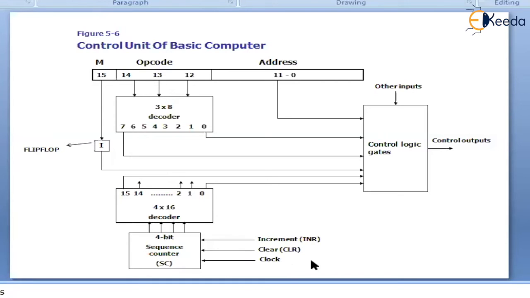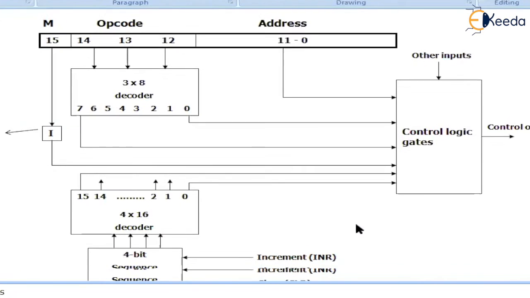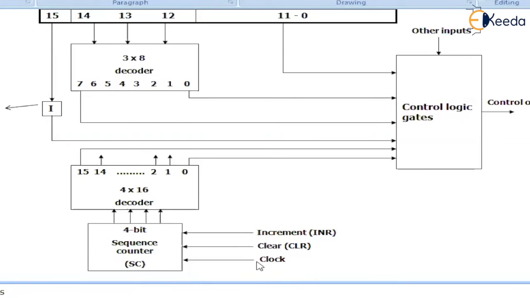This clock is based on some frequency. Let us forget about the frequency and the other things here. I'm not going to talk about that. Okay, the clock will give you the periodic pulses. It is now our duty to count the clock pulses. We need to count from 0 and so on. So what we'll do is this clock is applied to a counter. Okay, a 4-bit counter. What is this 4-bit counter? You know what is a counter?